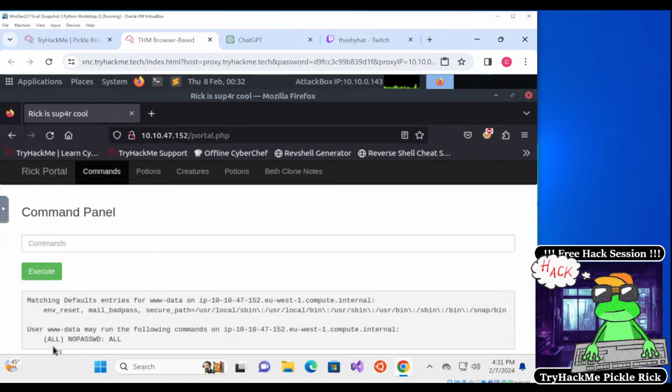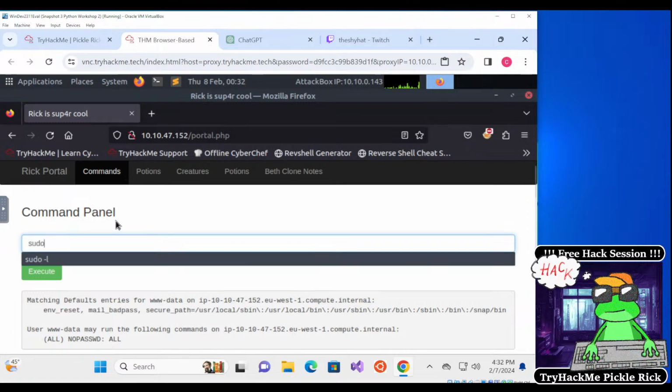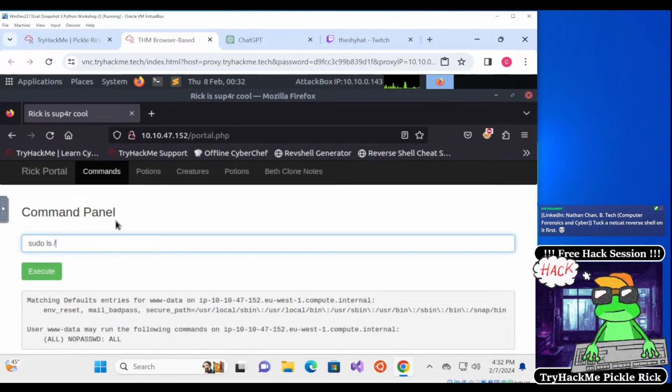It can run all commands with no password, all. And that means that this user right here can run sudo, it can run superuser commands with every single command on the system, which is really bad for security, but very good for us. So what can we do with this? Well, the first thing we can do is look inside the root directory and any other directory on the system. So for example, if we were to sudo ls root,